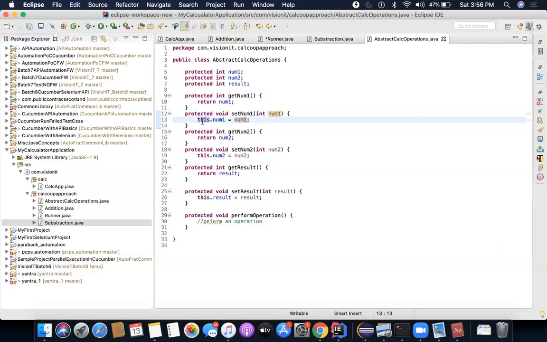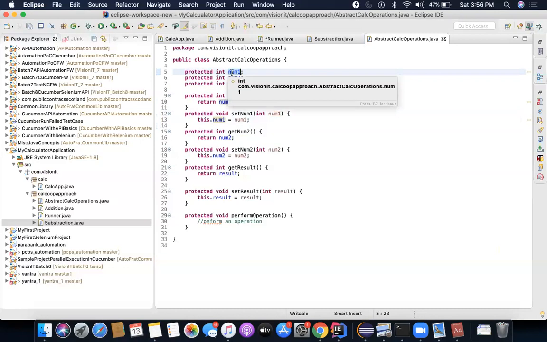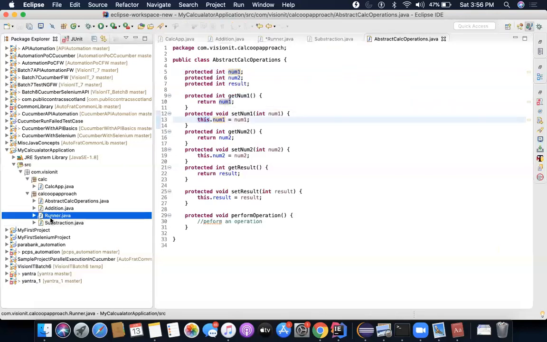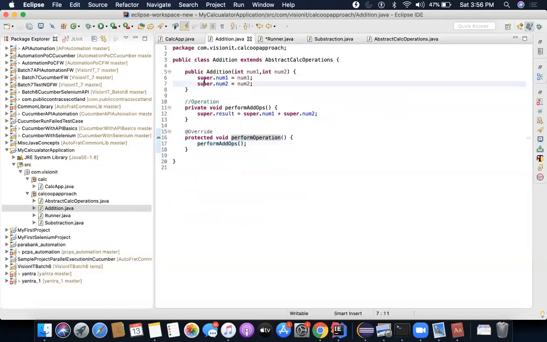Even though it looks like there's no need, if you are accessing something from here, you use this. This minimizes the chances of any human errors or mistakes which can lead to unnecessary hassles later on. So it's always good to use this and super. Super I'm using directly here. Okay. Yes, sir. All right, cool.